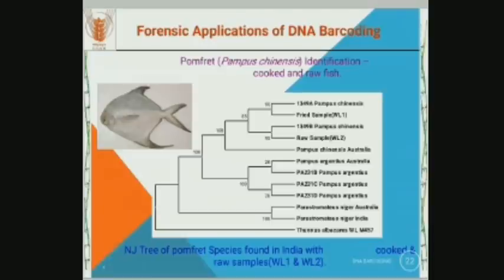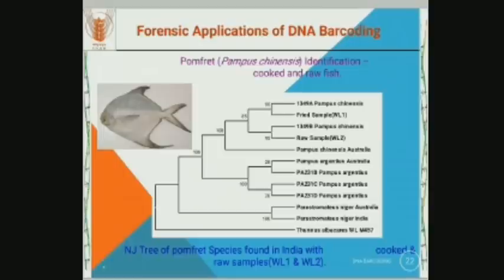Again, this is another example of forensic applications. Here the fish is farm bred. It is a much costlier and also delicious variety. In a hotel in Mumbai, they asked for this farm bred fish curry. When it was served, that particular person had doubt that it was farm bred, and that something else was being served in the name of farm bred. Then the sample was sent to us at NBFGR. We did a molecular analysis, and surprisingly it turned out to be farm bred only.